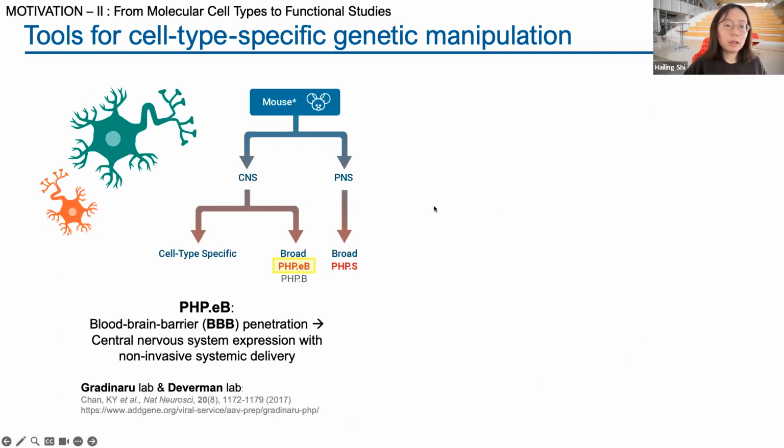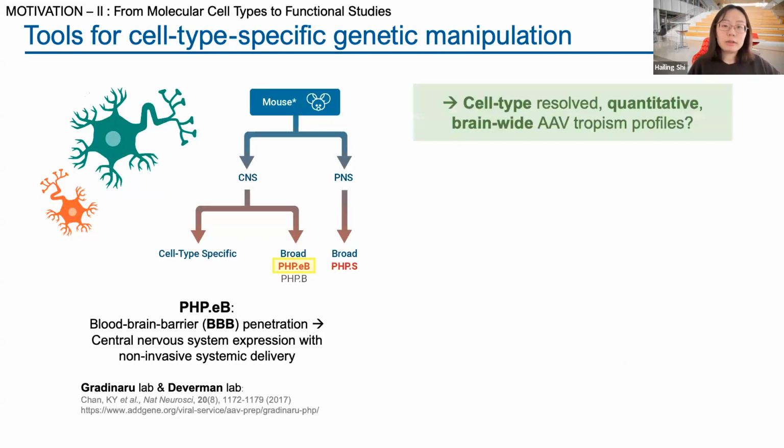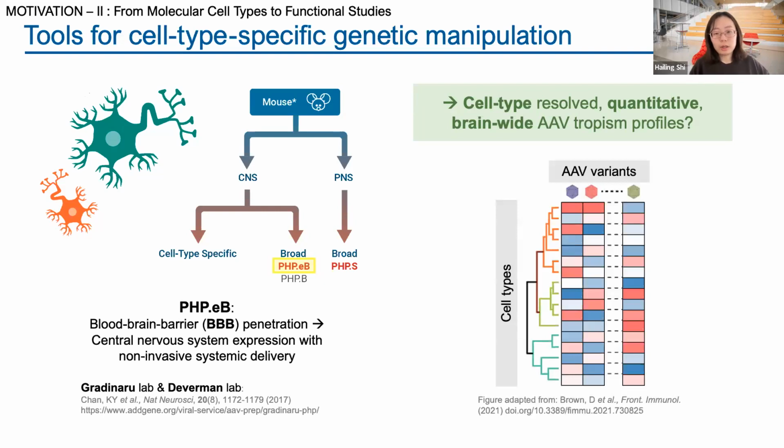They have developed an engineered variant called PHP.eB that is capable of penetrating the blood-brain barrier and achieving central nervous system-wide expression with a non-invasive systemic delivery through blood vessels. However, to which cell types these viruses express, and quantitatively how well they express in individual cell types, still needs to be